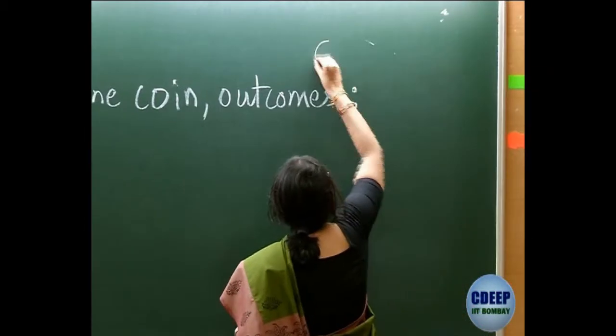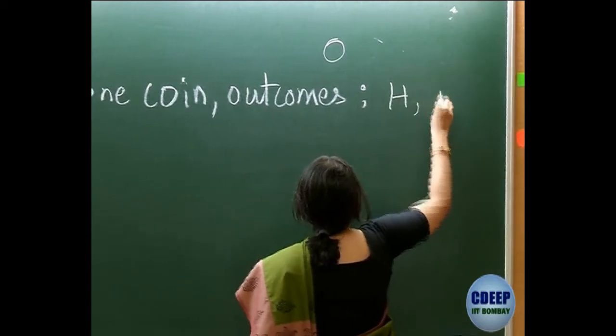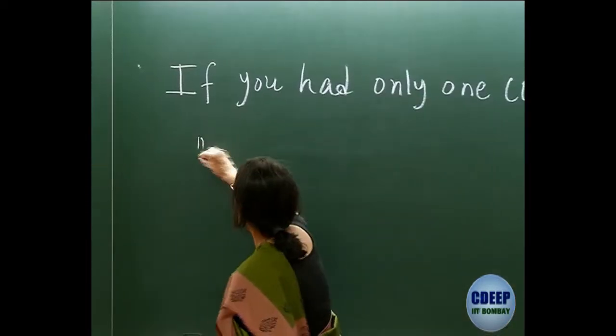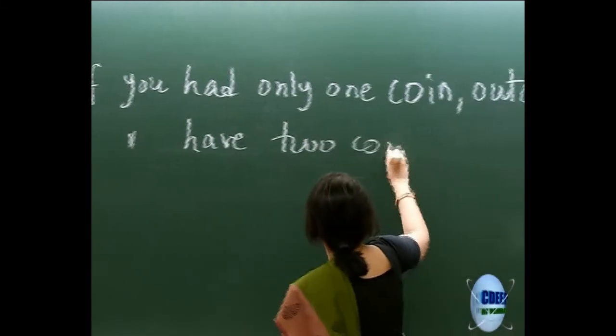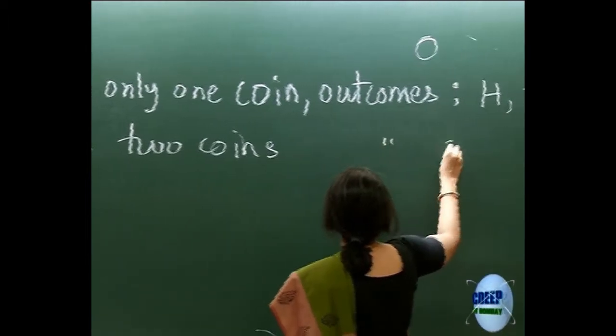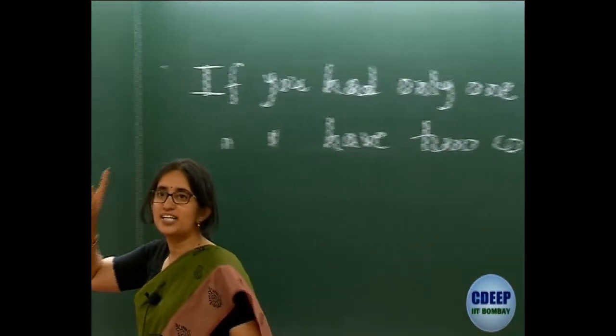Okay, so one more thing. So now let's do this together. If you had only 1 coin, what are the outcomes? Okay, you have 1 coin, and you have head and tail. Now, discuss this with your neighbor. 2 coins, use the same process. Don't simply guess. Use the same process. You said this coin can be a head or it can go that way to a tail. Use the same process, talk to each other, and 1 more minute of discussion.